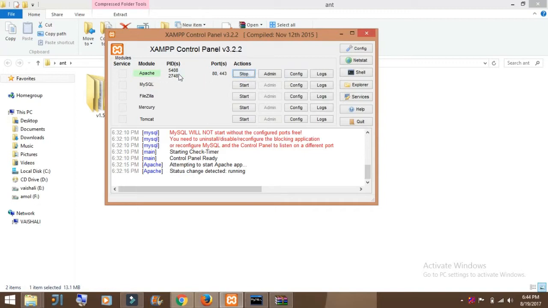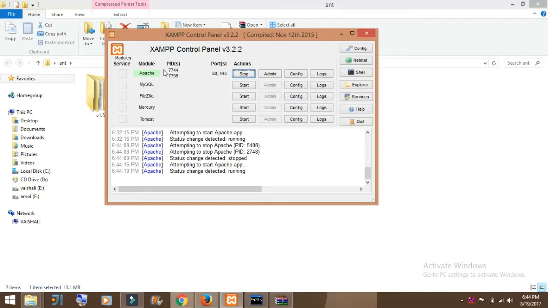I have already started this Apache. You should start this Apache the moment you open XAMPP. There will be a start button. You have to click on it, right? Once this Apache turns green, it means your server is started.